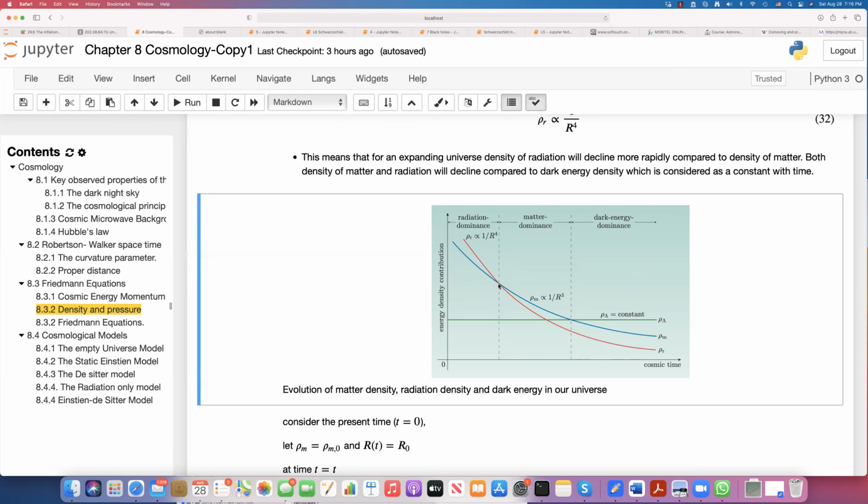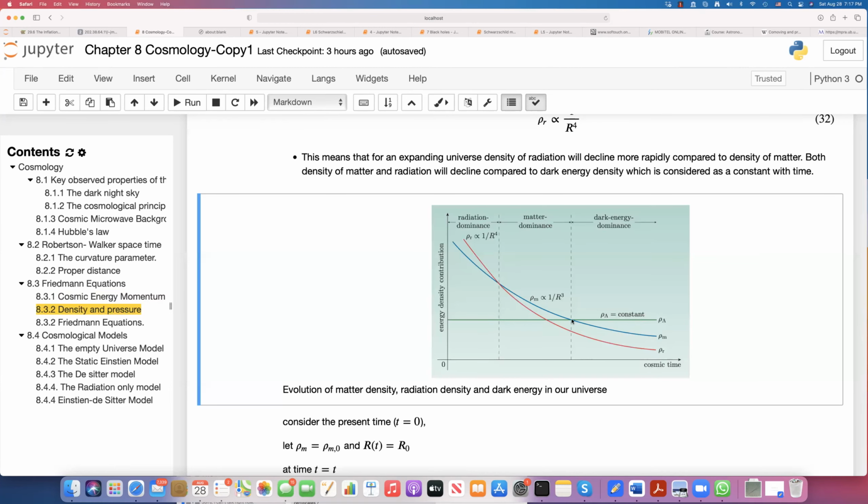However, after a certain point, this first dashed line right here, the matter density takes over and the radiation density drops, right? And it has continued like that for a long time. And then there is a time that the radiation density has already gone down and the matter density has also gone down compared to the dark energy density. You can see that the dark energy density is constant, right? It does not change with time. So that's why you have a horizontal green line here.